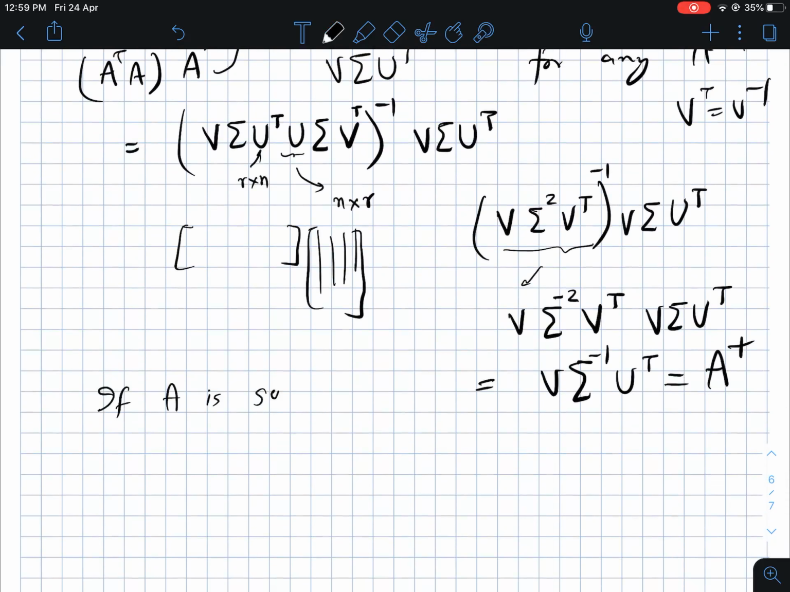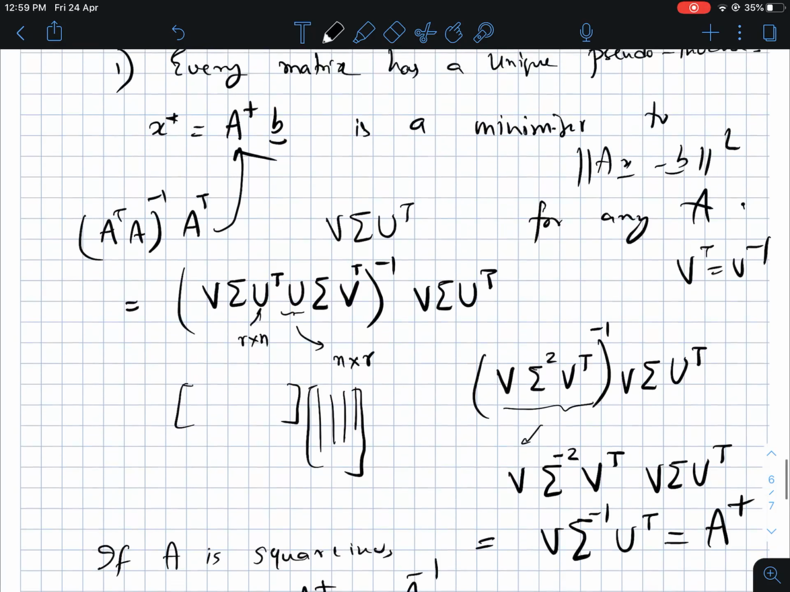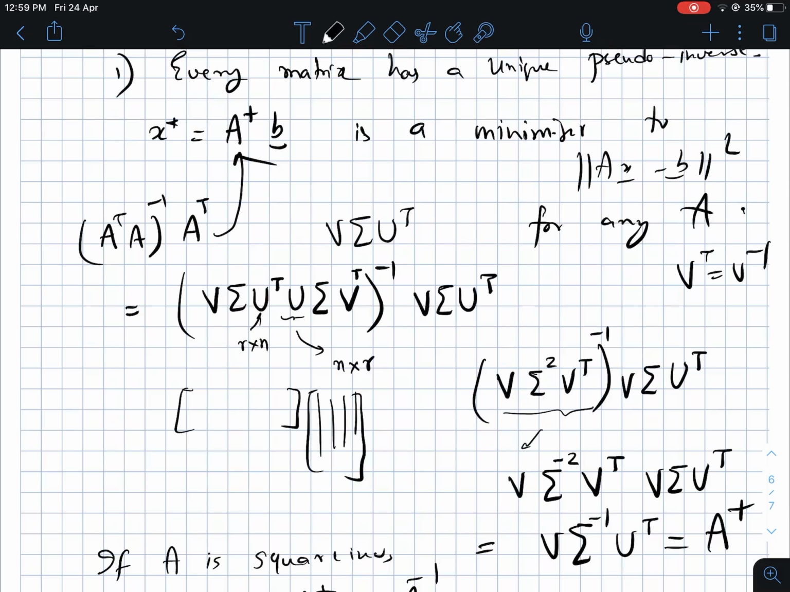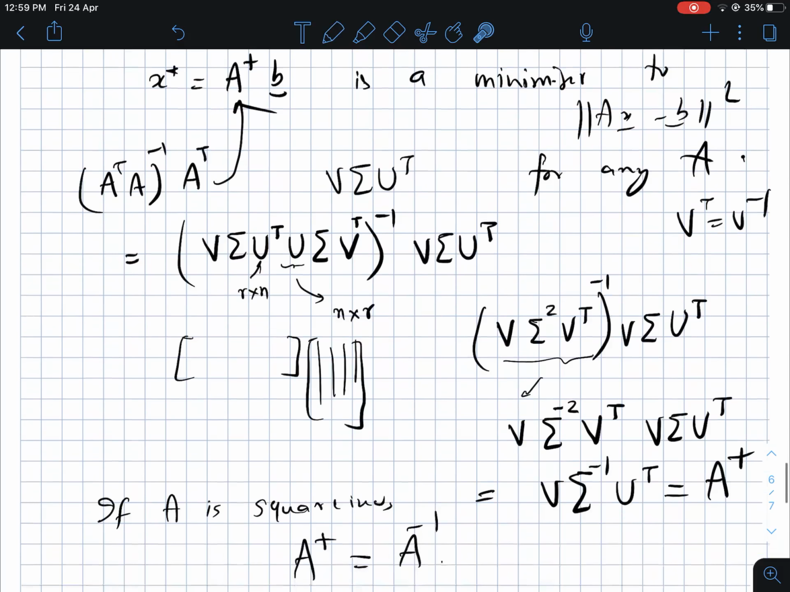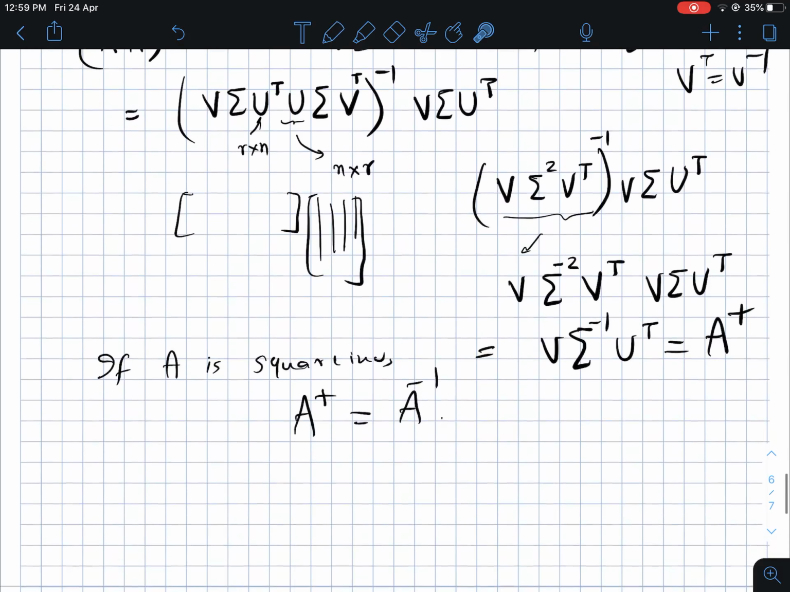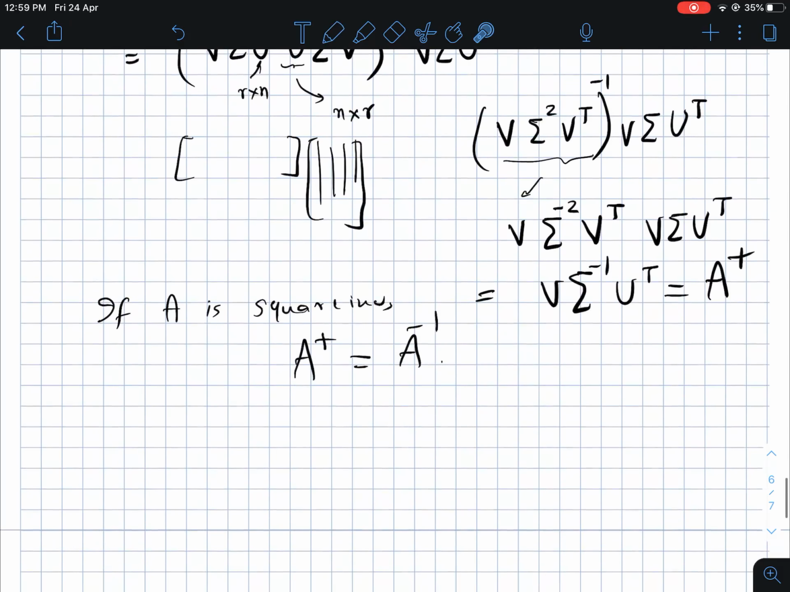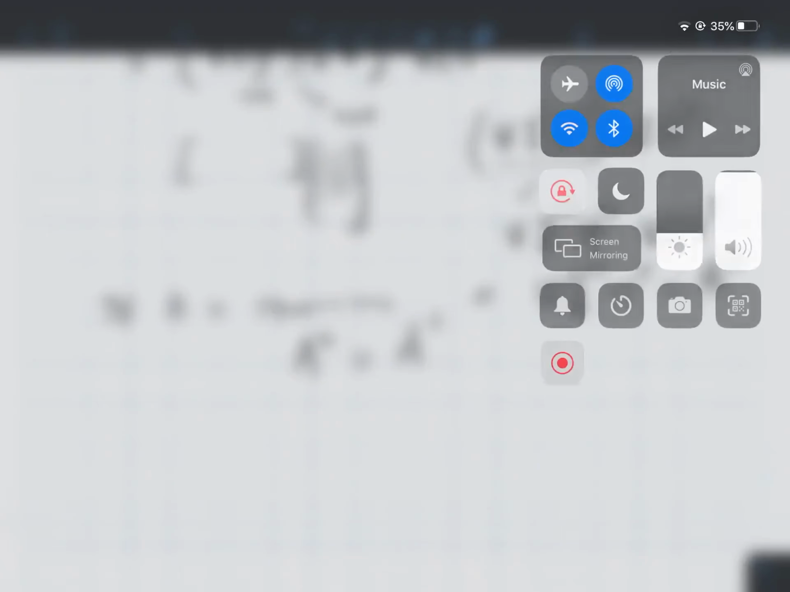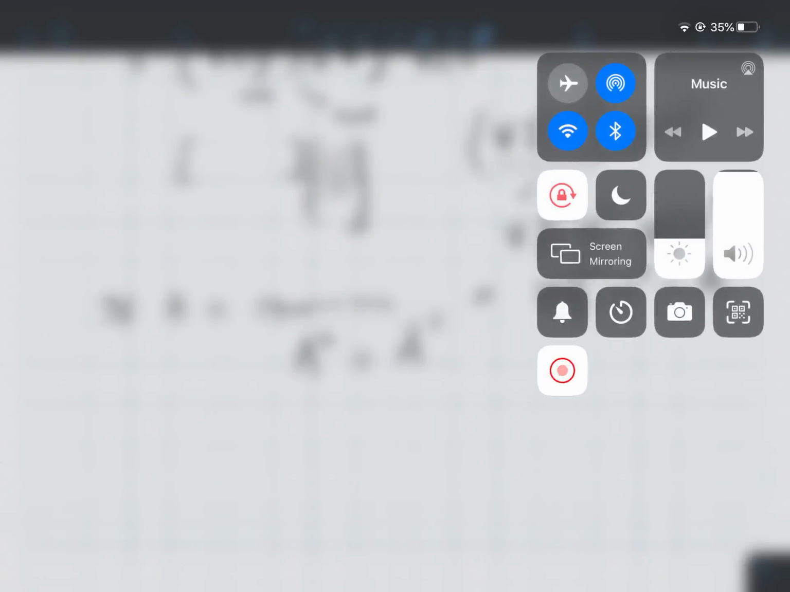Similarly, you can also check that if A is square invertible, then the pseudo inverse is actually your usual inverse. So essentially the pseudo inverse is going to solve the least squares problem no matter what A is. In the next portion, we'll discuss the least norm